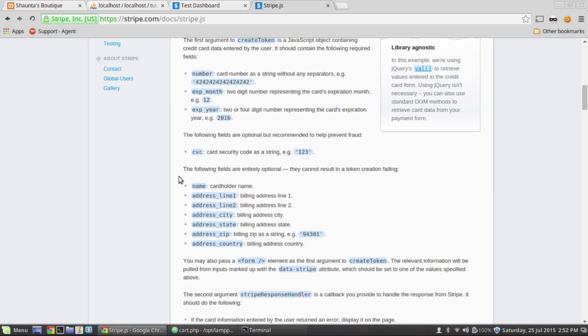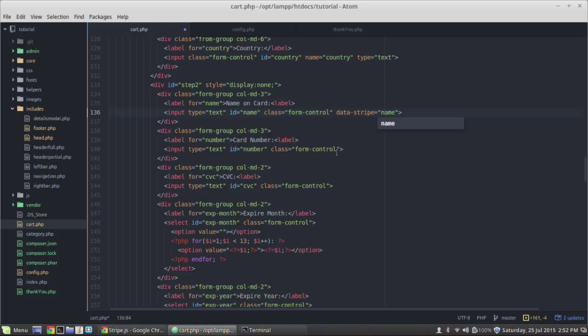And how do I know that? It's because this is this right here. Okay, that's the cardholder name. And then for the card number, we're going to say data-stripe equals number. Okay, and then for the CVC, data-stripe CVC,